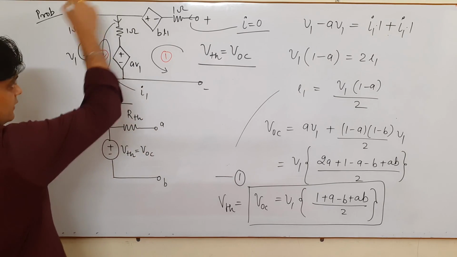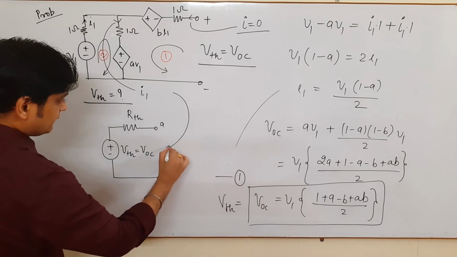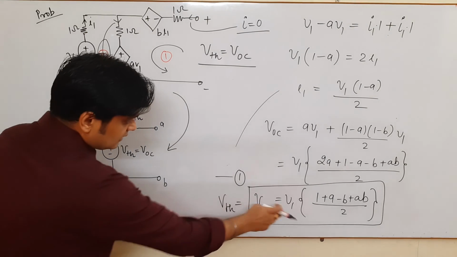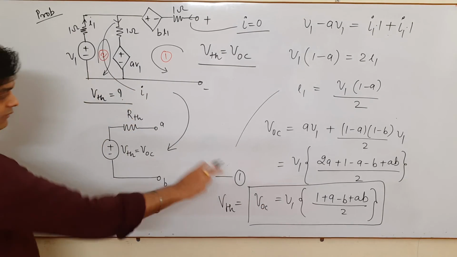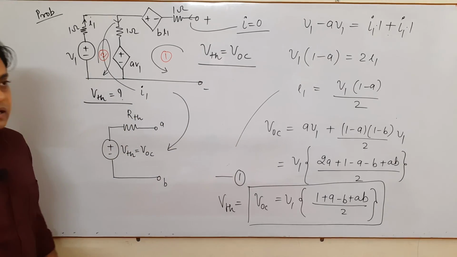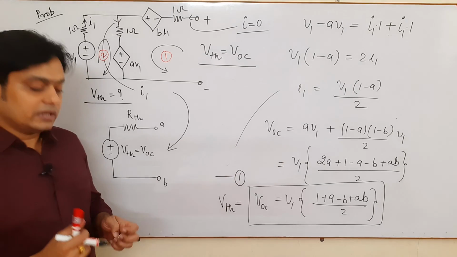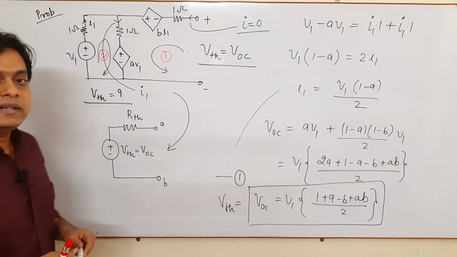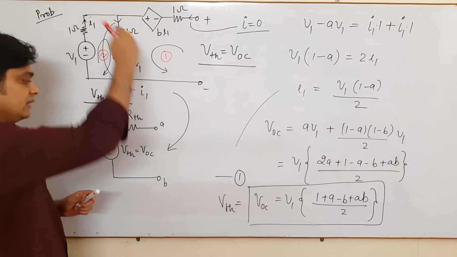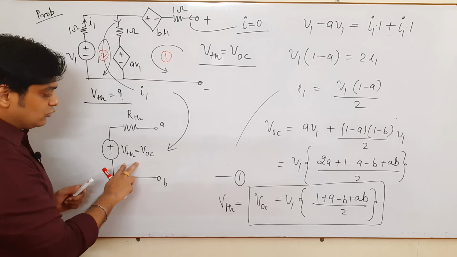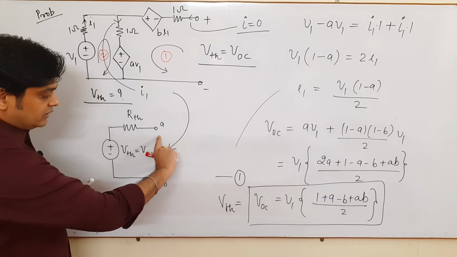So now you have converted this entire complex network into this network. Okay, the value of VTH is here, which is given, and RTH, which we have already found. So finally, as I said earlier in our previous video, theorems are used to convert a complex network into a simplified network. So we have reduced this complex network into this network with RTH as resistance and VTH, that is VOC, the open circuit voltage, and now this is your terminal AB.